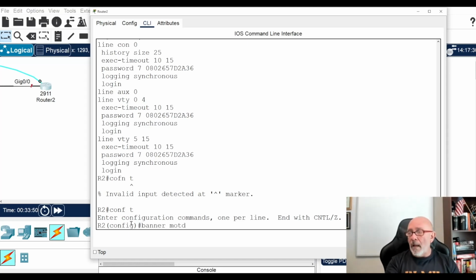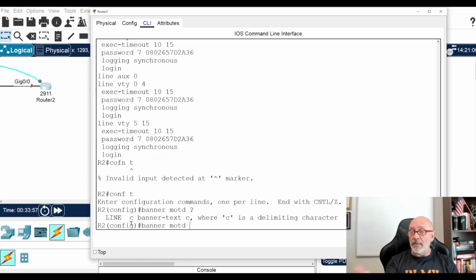And listen, I tried to look for a list because there used to be a list of characters you can't use. Well, apparently the only one you can't use is this guy because he just kicks you out of it. But I put a whole bunch of other ones. I found a place that said you shouldn't see quotes in the body of the message, right? So I say, okay, get out. All right, and then ended it. Whatever delimiting character you use, you end with.